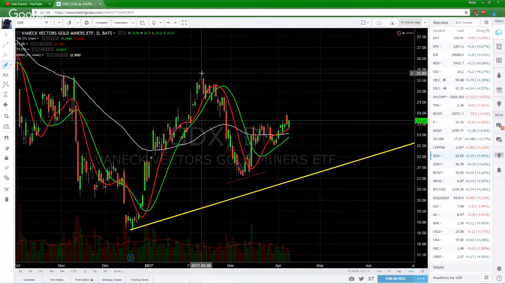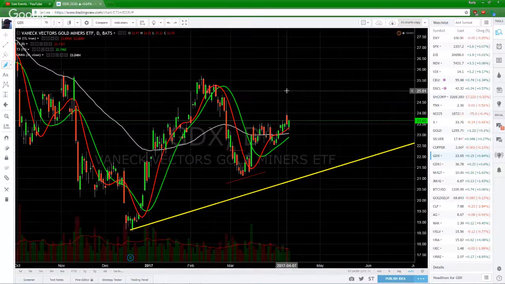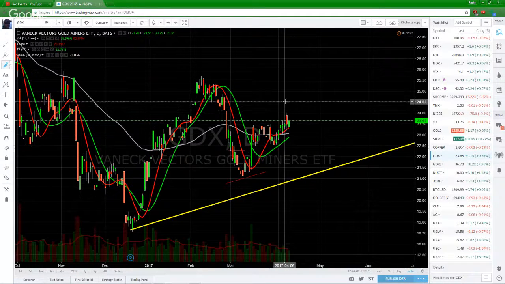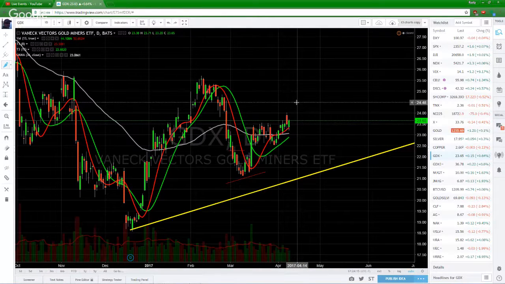I got an inverted hammer over here. Let's take that out on the upside. Let's follow that wick all the way up. I got resistance at previous lows. Let's call it 24.50. Sell into resistance. Sell into resistance. Previous lows. Put your orders in